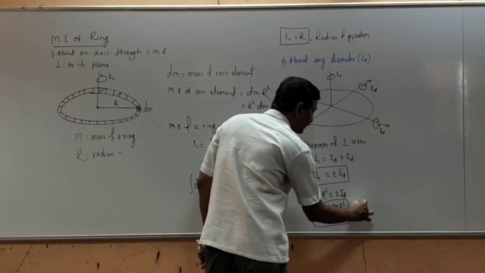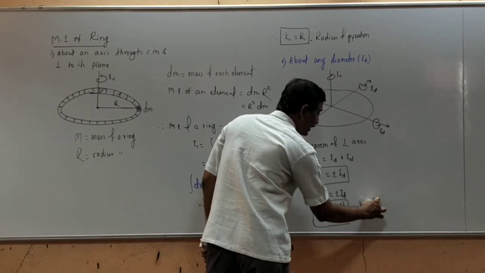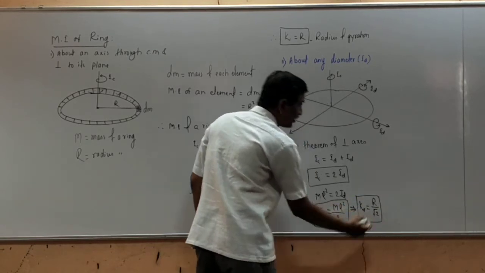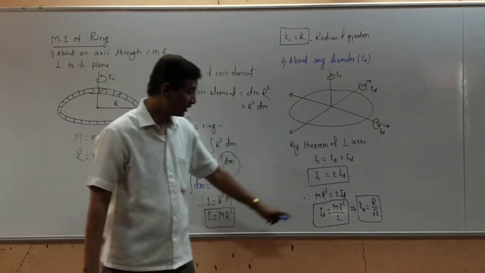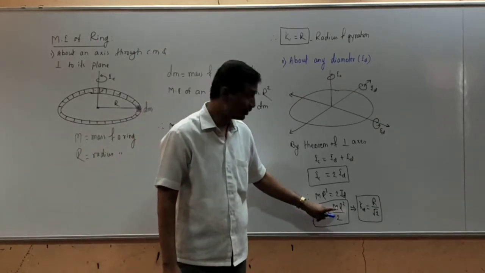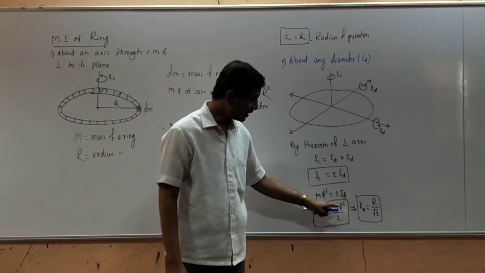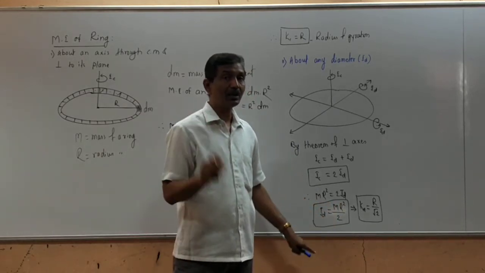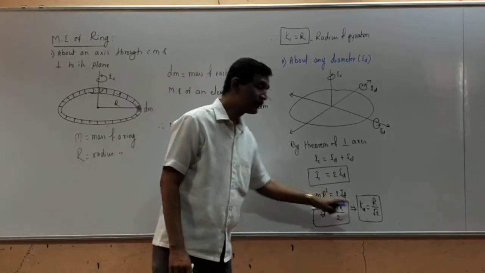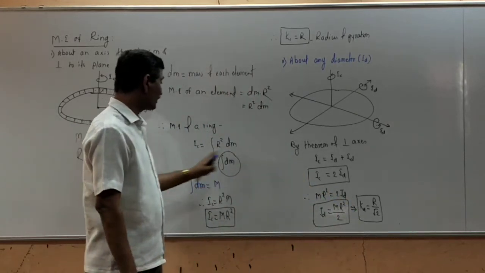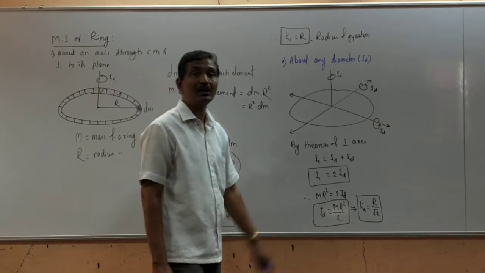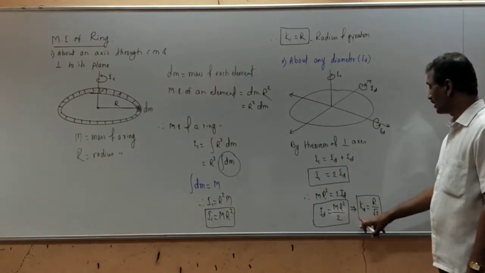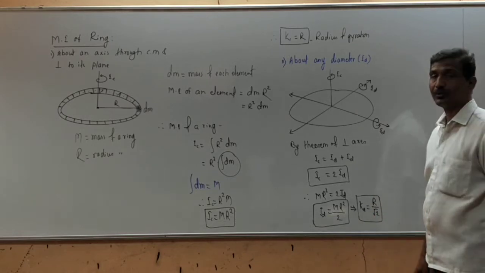What is the radius of gyration here? Kd. It is r by root 2. So how will you get r by root 2? Compare this equation with I is equal to mk square. Hence k square is r square upon 2. Therefore k is r upon root 2. To avoid the confusion between the two radii of gyration, in this case we use the symbol Kd for it. So Kd, the radius of gyration about any diameter, is r by root 2.